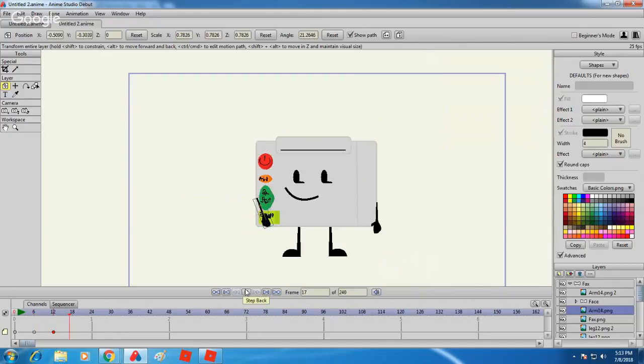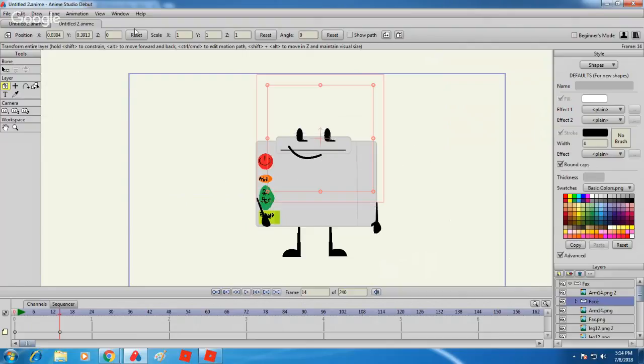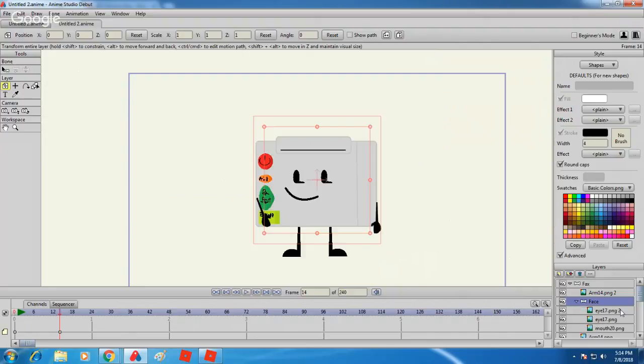That looks better. Now he wants his eyes to change because like, oh crap, I'm about to explode. So we want it to blink before we actually change the eyes, or else it'll look weird. So we'll go to face, and you see a little face, and I don't know why it always shows path. I like it without show path because it's just great. So yeah, go to face, or if you don't have the bone, you just go to your eyes, and then